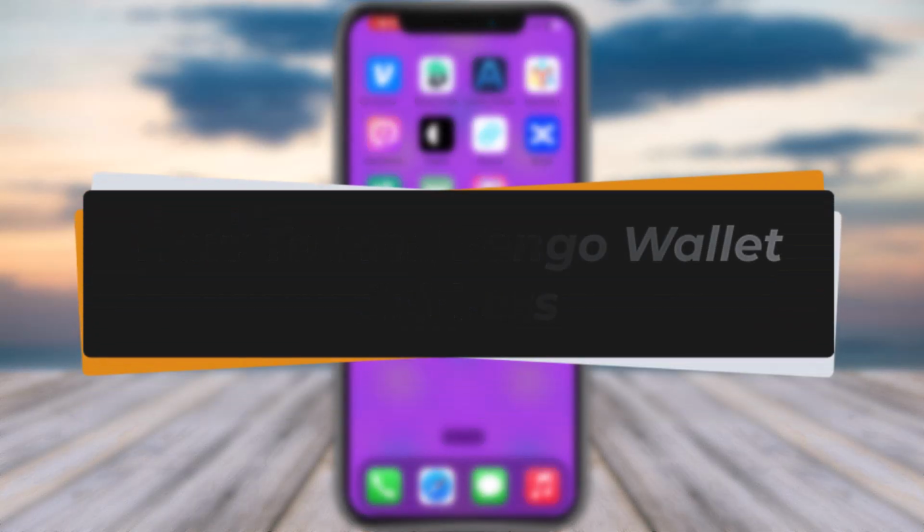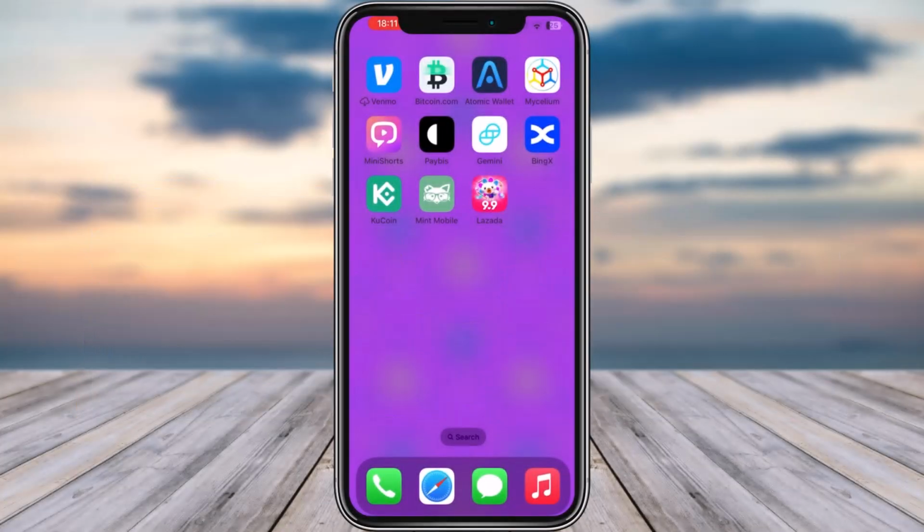In this video I'll show you how you can find your Zengo Wallet address, but before that please do make sure